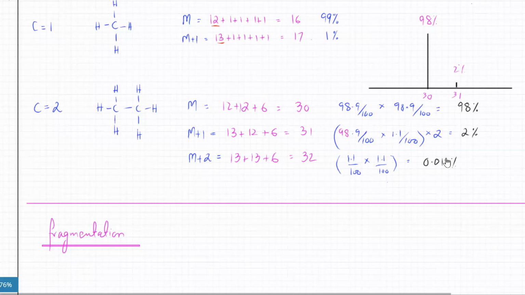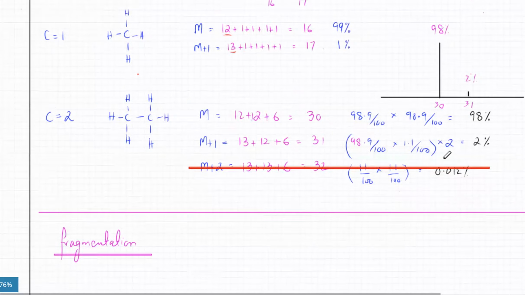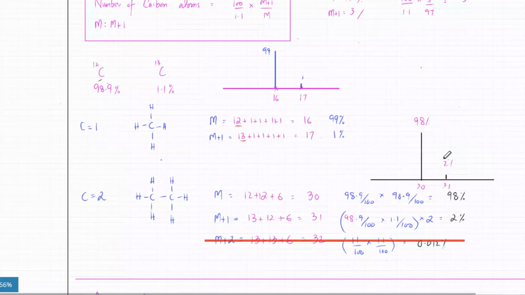It would be so less that these particles, the M+2 particles, would hardly be detected. So we're just going to cross it out. We're not going to be detecting them because their probability is very less. But you would notice a pattern now. And that pattern is,